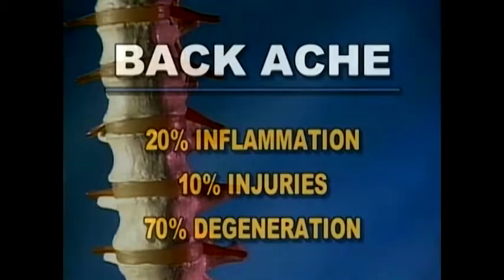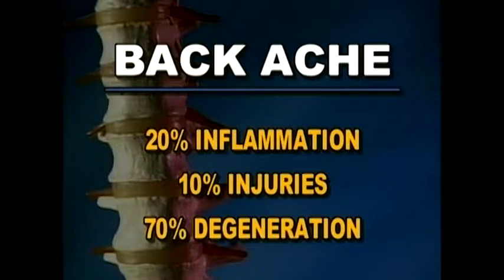According to the National Safety Council and medical research, 20% of backaches are attributed to inflammation such as arthritis. 10% are due to actual back injuries and other miscellaneous causes. 70% result from degeneration of spinal discs. That's right, aging of the spinal disc material causes the most trouble and can cause extreme pain even from routine